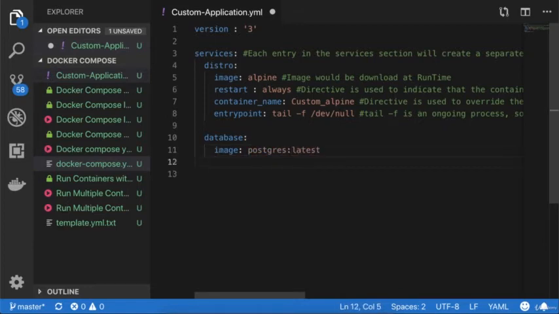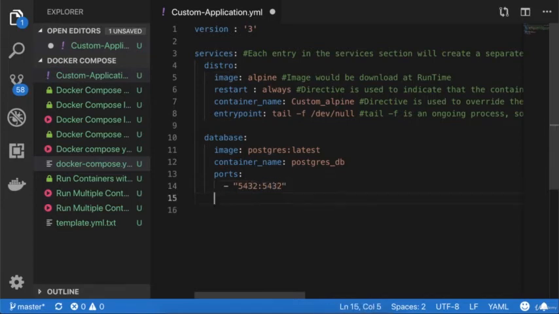Then suppose I'm defining the container name, and I will define it Postgres underscore DB. So we have already discussed the property of the container name, right? And next we are defining the ports, and suppose the port is 5432 colon 5432. Why? Because Postgres by default starts on the port 5432, right?